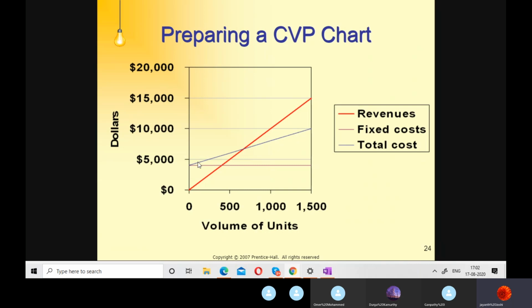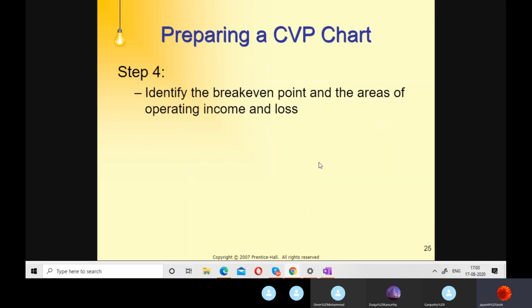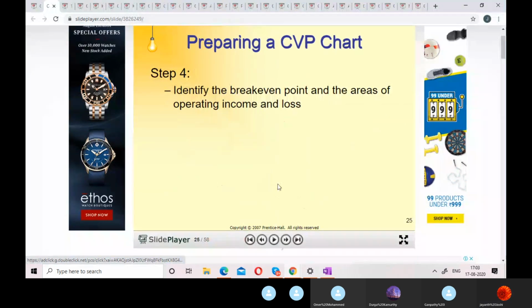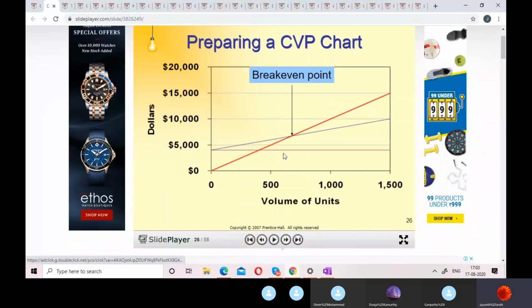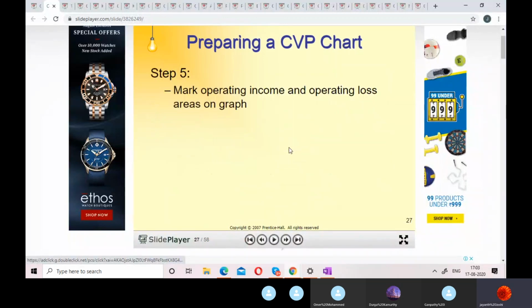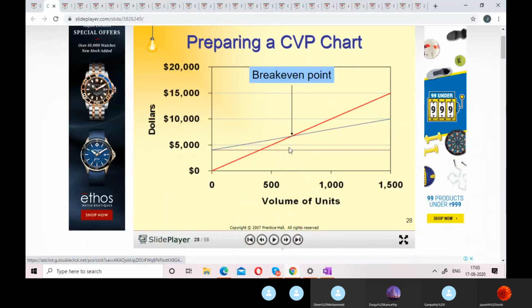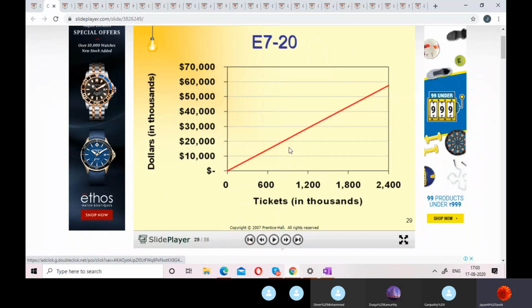The variable element will take this up, and this is the point at which you have break-even, loss before this, and profit above that. Break-even point, loss and profits. Okay,